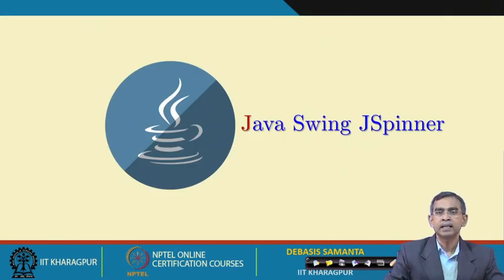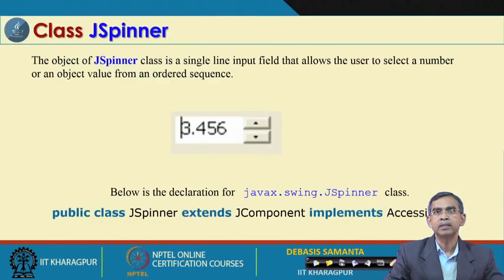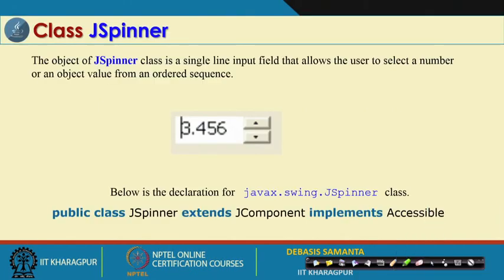And then JSpinner is also similar to the slider, but here the numerical value can be at a continuous range or some discrete range; both can be defined here. It looks like what you see whenever you have to select a font size in Microsoft Word or other word processors; there is this kind of spinner. If you click it, it will change. If you keep on clicking, the value automatically increases, and when you release it, that value will be selected, and if you press OK, that value is selected like this.